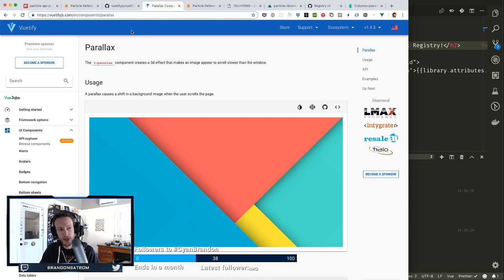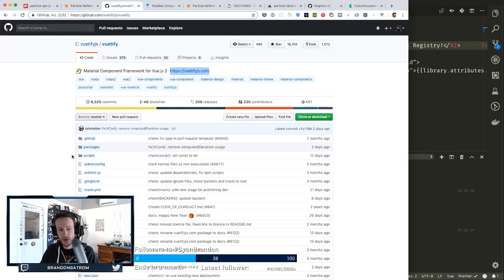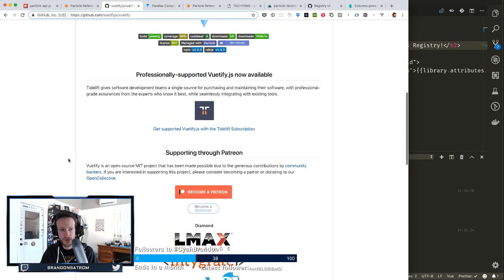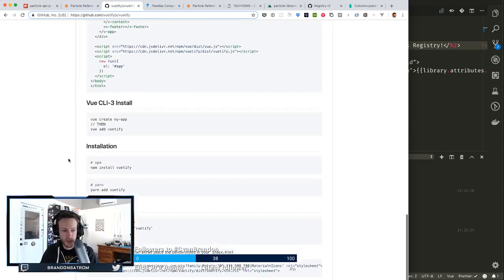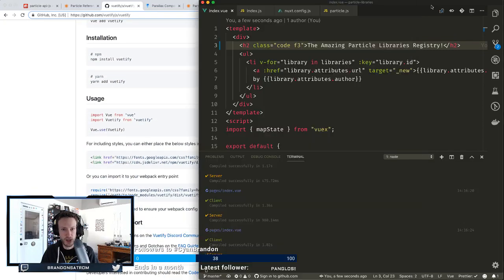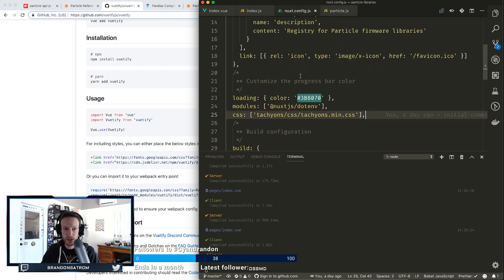I like talking. So now the question is the right way to install this for Nuxt, the right way to get it in, so that I don't bork myself. Like I know when I installed Tachyons, the way that it worked was you install Tachyons, and then just add it to CSS Tachyons, min.css. So maybe,